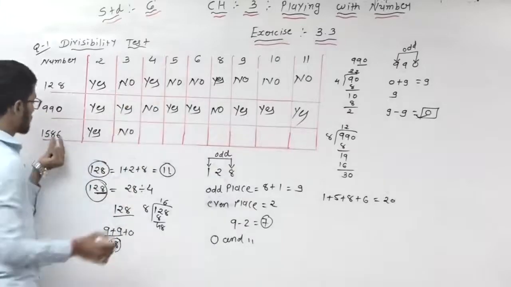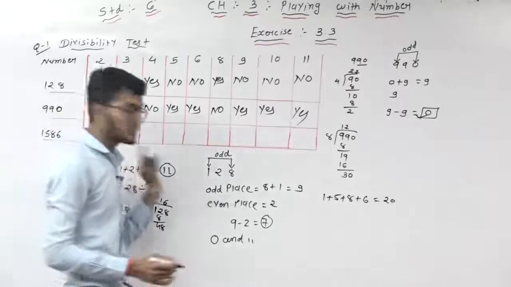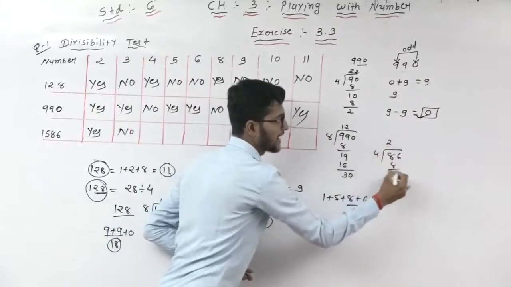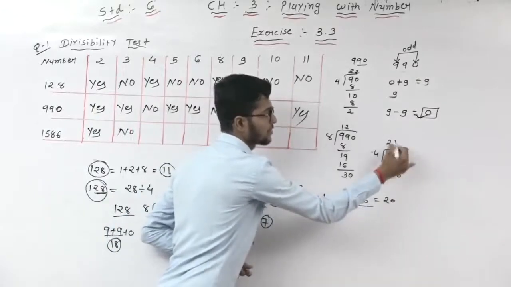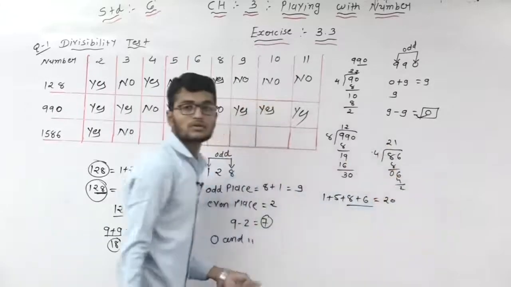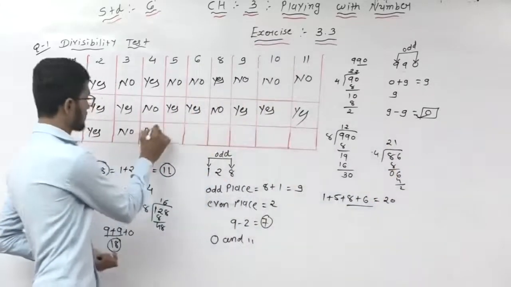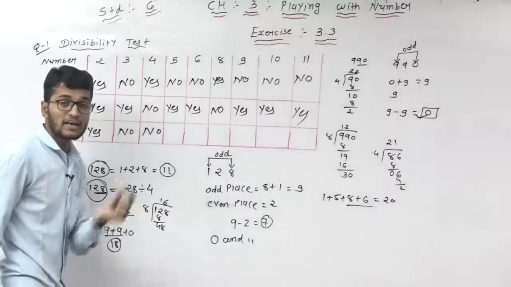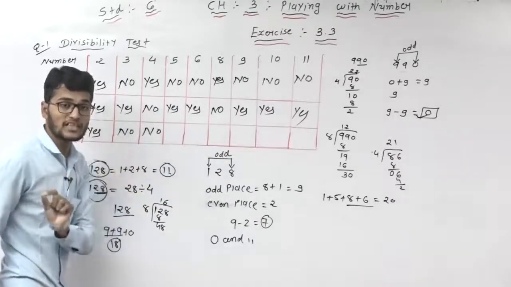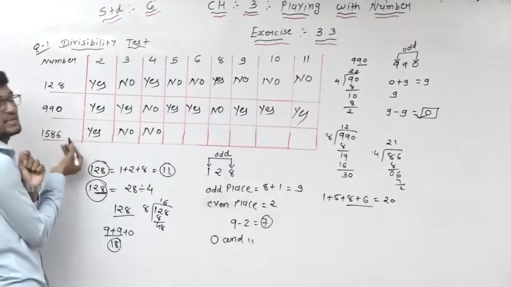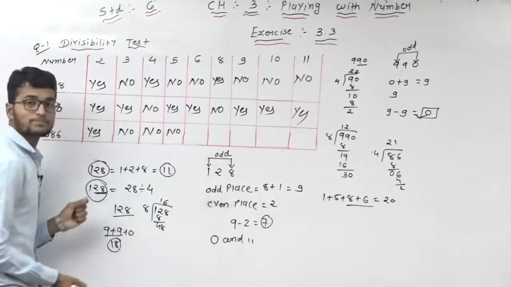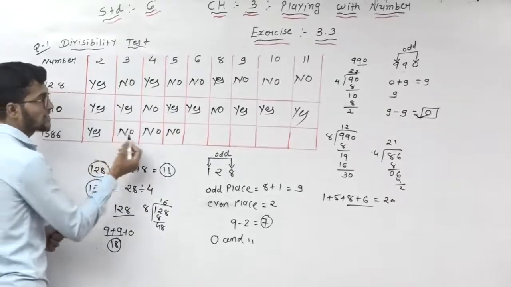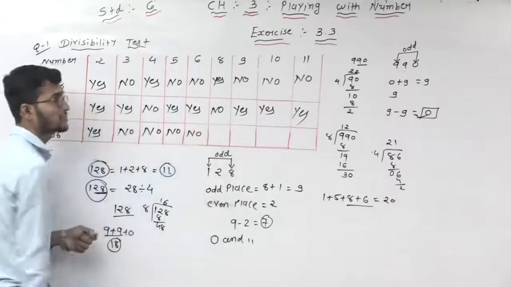Then after that, 4 means check the last 2 digits. The last 2 digits here are 86. Now 86 divided by 4: 4 twos are 8, then 0 and 6, 4 ones are 4, 2. Not divisible. So write down here no. Will it be divisible by 5? If any number is divisible by 5, then the last digit should be 0 or 5. There is no 0 and no 5. So also no. Then after that, 6: it should be divisible by both 2 and 3. Here it is not divisible by both, so it is not divisible by 6 either.